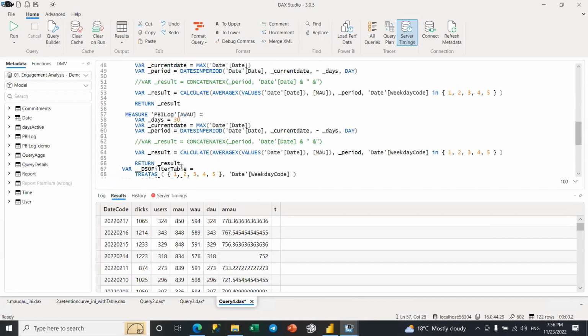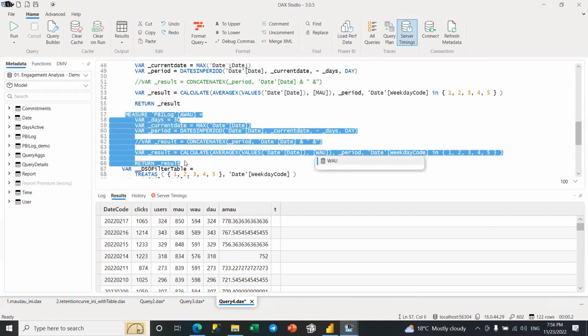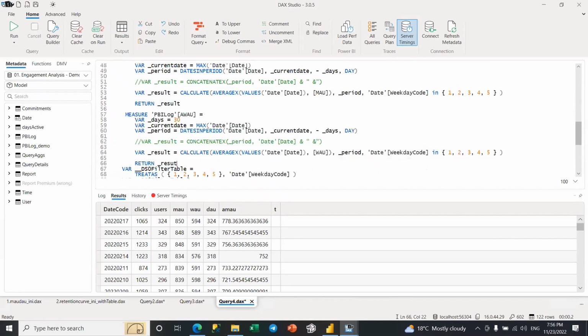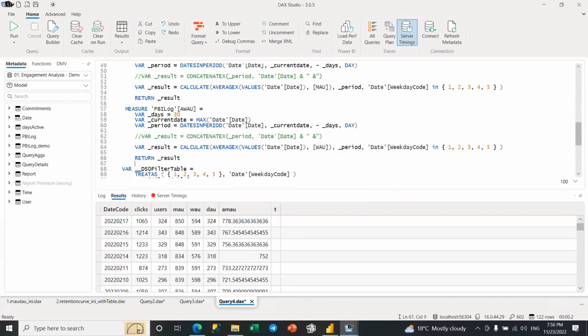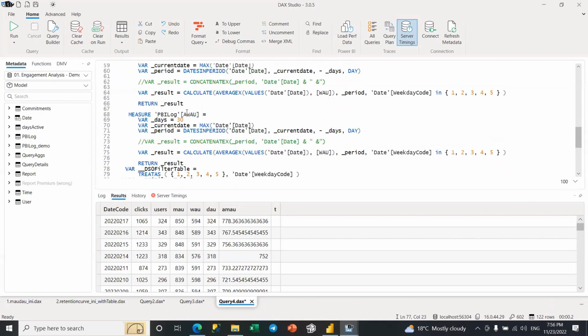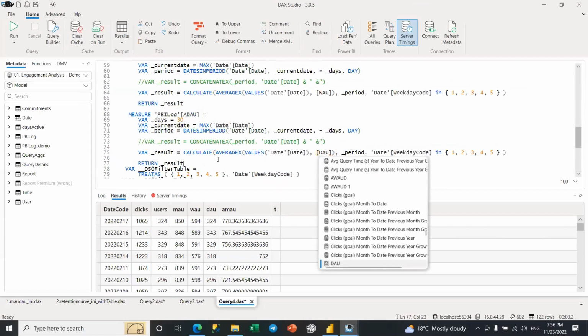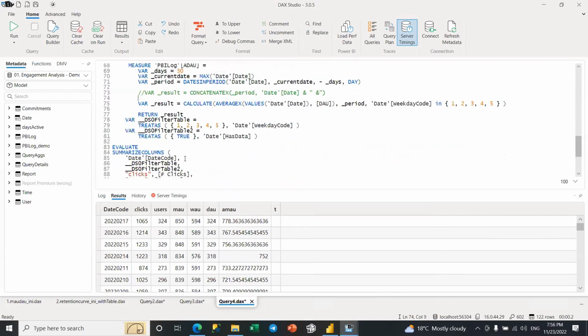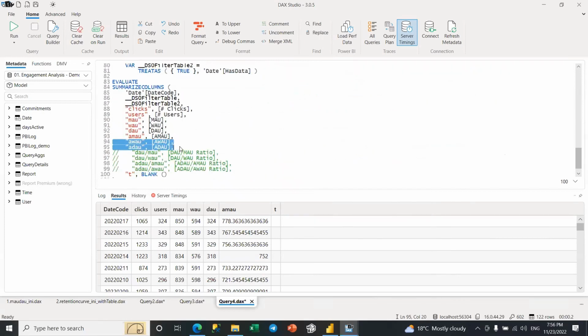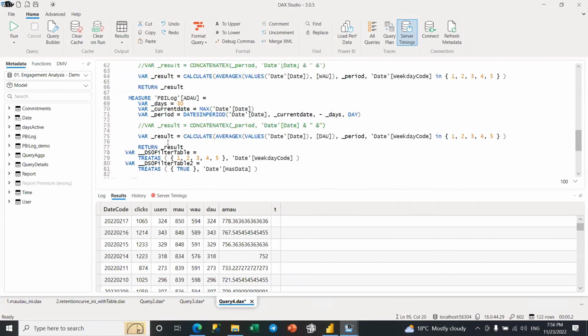So we can do the weekly one for the last 30 days, calculate the weekly active user. We can do as well the average daily active user. So for the last 30 days, calculate the average of the daily active user. And all this will be working fine. Let me just uncomment. And actually, I am going to create as well all the ratios.